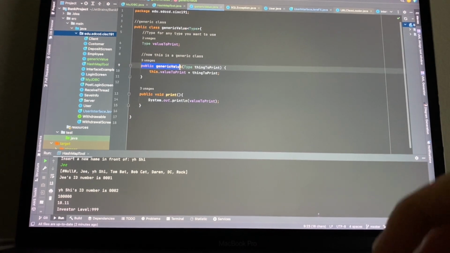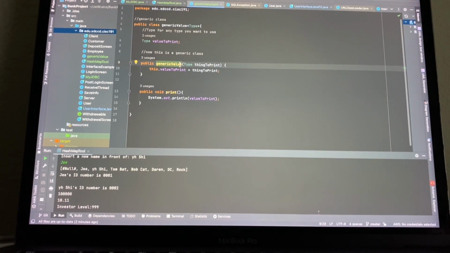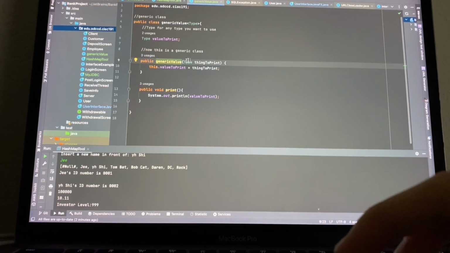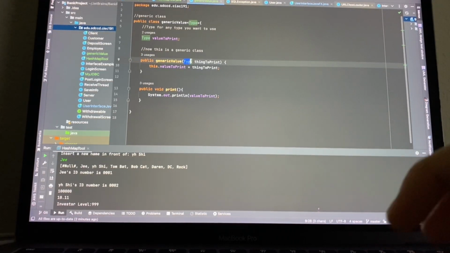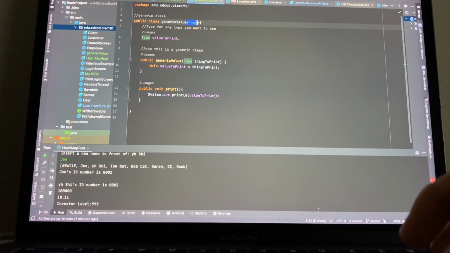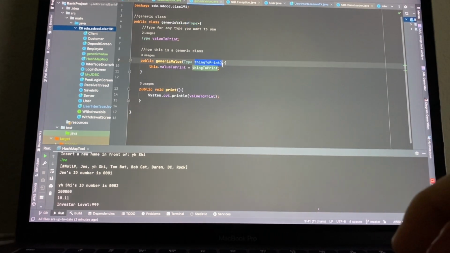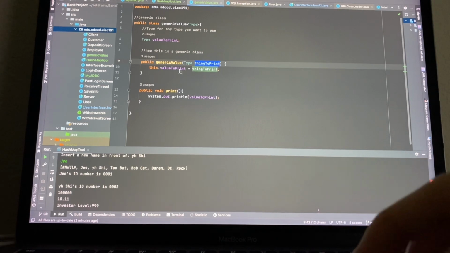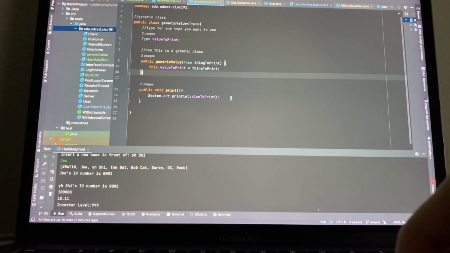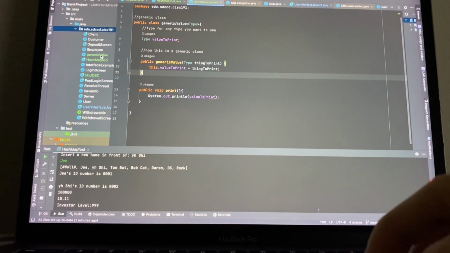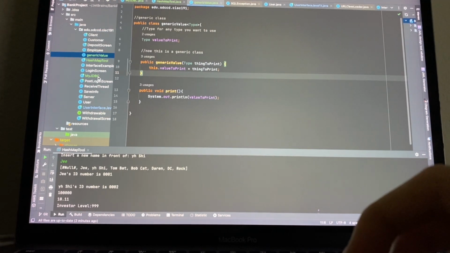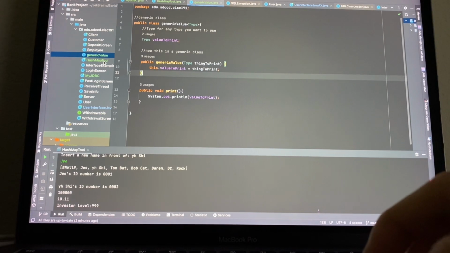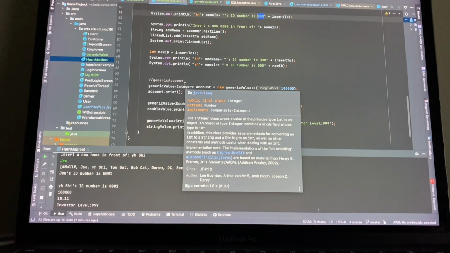So here you can see generic value, and we type the type, which is copied from here, and I set a send to print, which is ready to be printed later. So we use the generic value, go back to the main method,